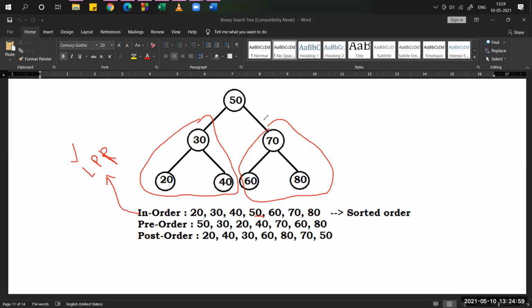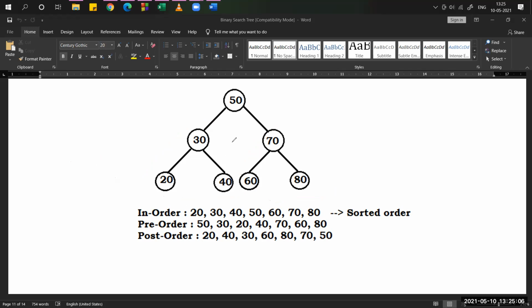Next parent is 70. Next 80. Like this, we print all the values if you choose in order traversal. In order traversal is nothing but a sorted order. If you observe the resultant values, all the values are in sorted position. So in order is also called sorted order.